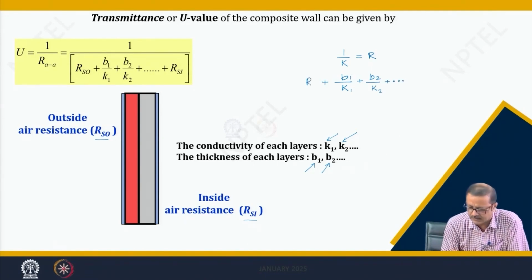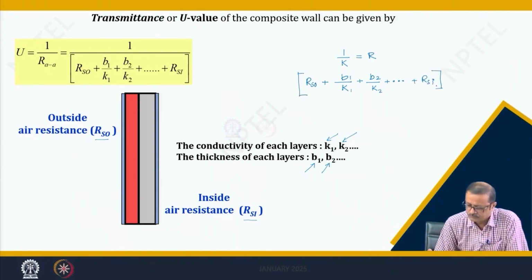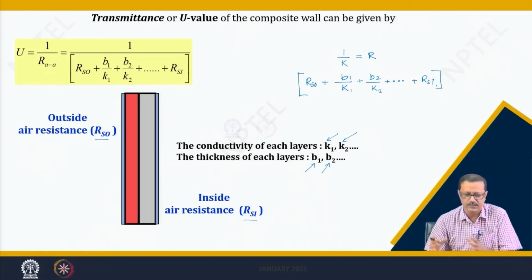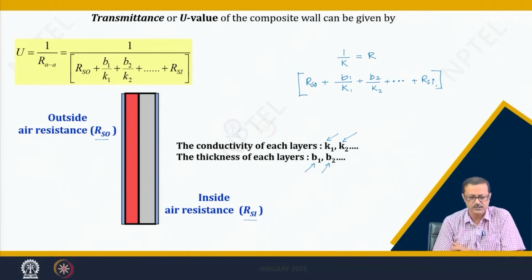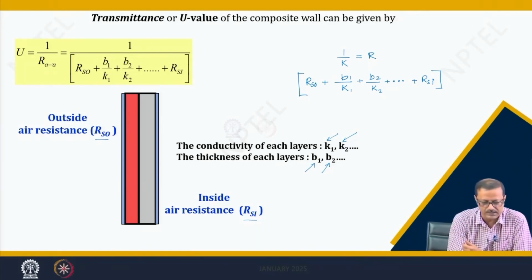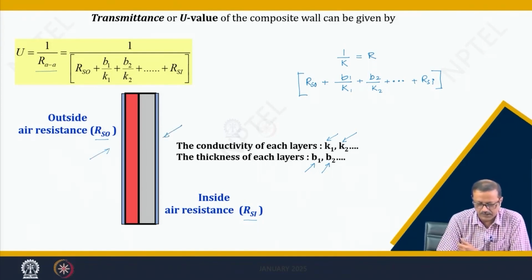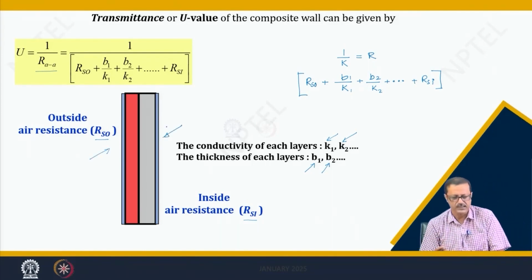I can directly add the RSO and the RSI. So, I get the whole resistivity of the whole layer, the equivalent resistivity, and I take the reciprocal of that to get the transmittance value. This reciprocal value is called the RA to A, air to air, that means outdoor air to indoor air, but